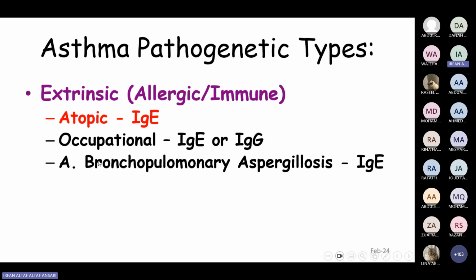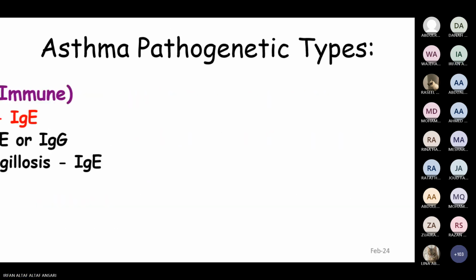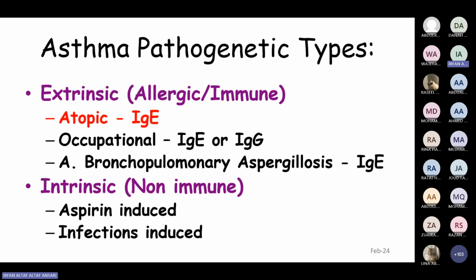And the third one is the immunological or extrinsic type of allergic asthma. One is bronchopulmonary aspergillosis, IgE. It is also related to IgE. And then we have non-immune asthma, which is induced by aspirin or by infection. Okay, so this is the pathological classification where we have the cause due to IgE or atopy, due to occupational exposure, or